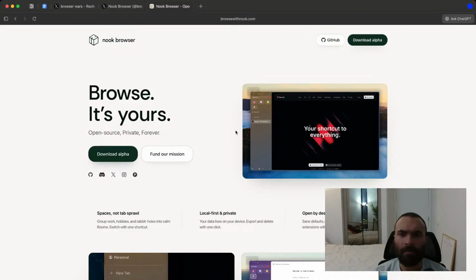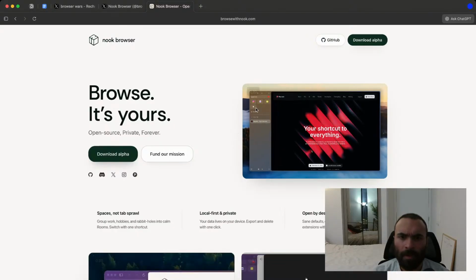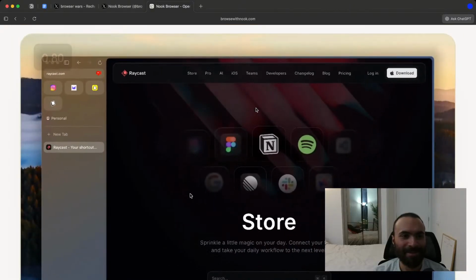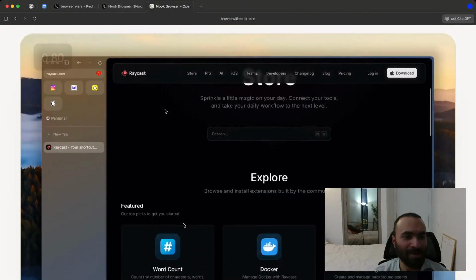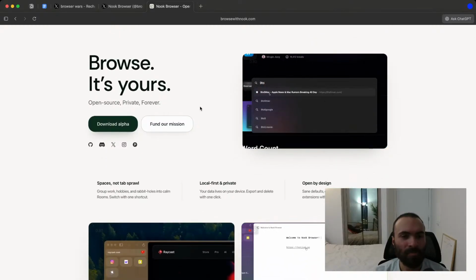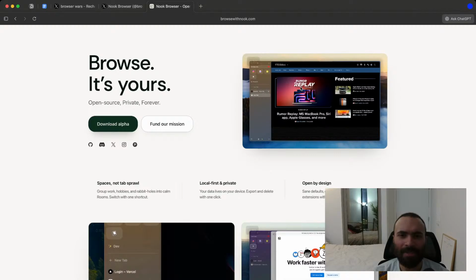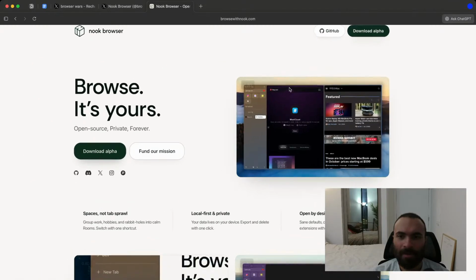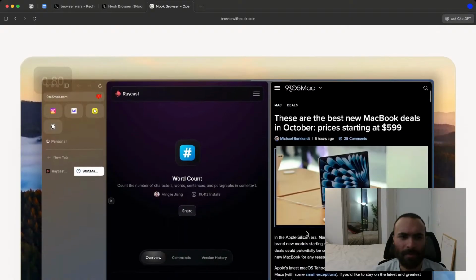Interesting. What do we have here? Nuke browser. Oh, they copied Arc. The design is exactly like Arc. Okay, browse. It's yours. Open source, private, forever. Oh, so they basically made... Oh.